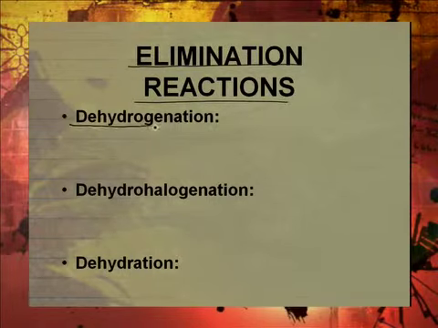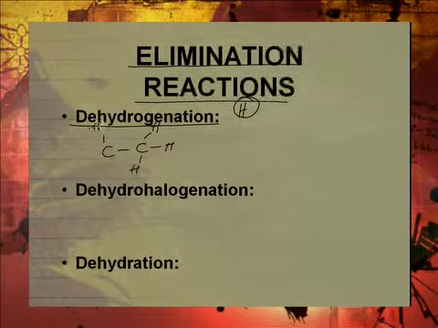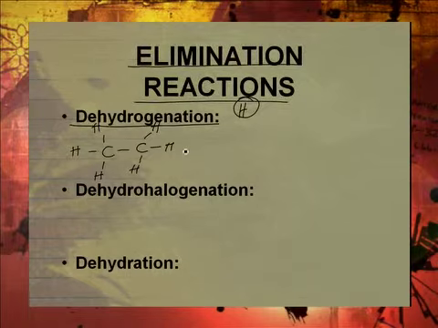Moving on to other types of chemical reactions involving organic molecules, let's look at elimination reaction. Here we have got dehydrogenation. In other words, you're getting rid of hydrogen. D means removing. So if you had, for example, this one, an ethene molecule like that, and you subject it to some heat and use certain other catalysts and other substances to force it to get rid of the hydrogen gas,